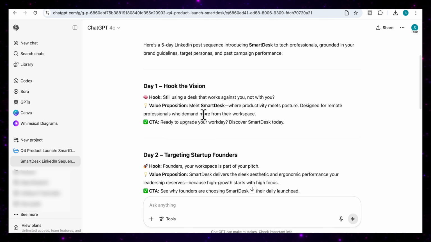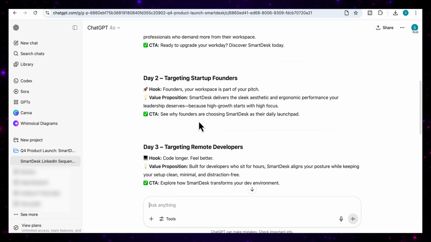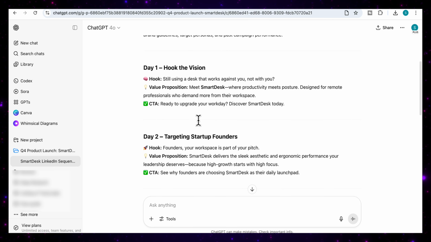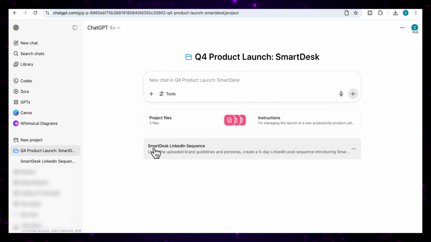I'm going to enter that, and you'll see that it comes back with the LinkedIn post sequence, and it has the hook, the value proposition, it's got the call to action, and it's using all the information that I provided in my product files. And the great thing about this is that you can see that all this is coming under my specific project. So now we have the Smart Desk LinkedIn sequence,